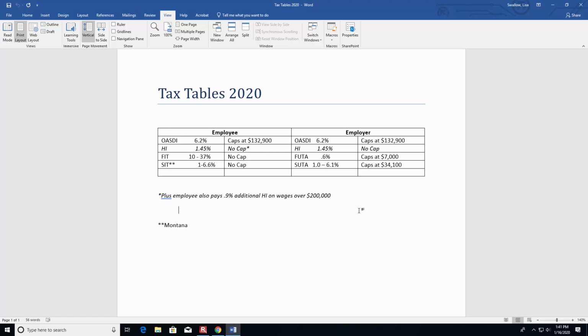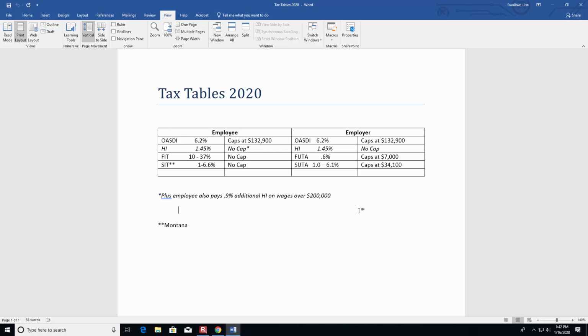Okay? Social Security, you pay 6.2% of every dollar you make up until you reach a cap. And the cap changes every year, and this year it's $132.9. Does it go up every year? Every year. When I first started teaching, it's like $60,000 a year. So if you're one of those lucky people that make over $132.9, you will see your tax bill go down when you hit it, because you're no longer paying OASDI at all. It goes to 0. It's all done.